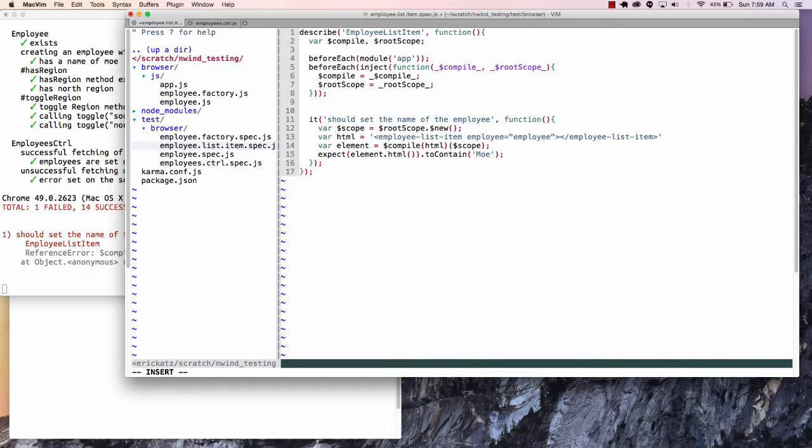So now we have this scope object, and we want to be able to compile this HTML. So here's our compile, here is our HTML, and we expect this to be